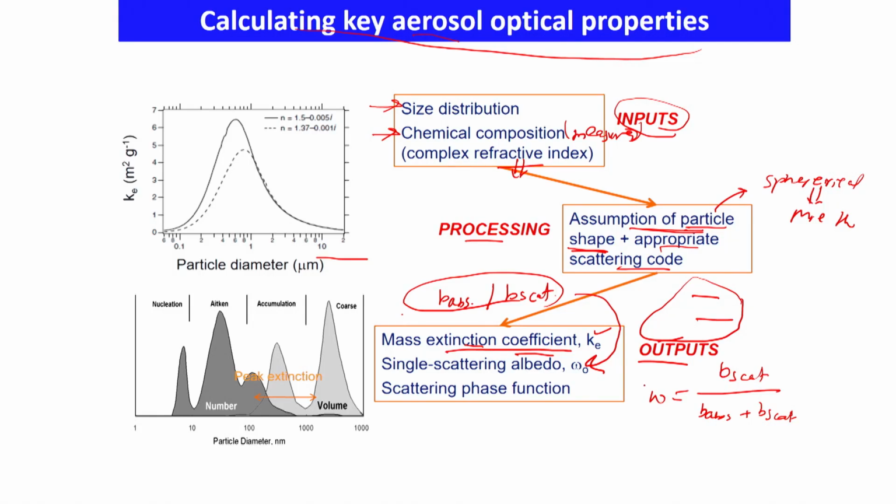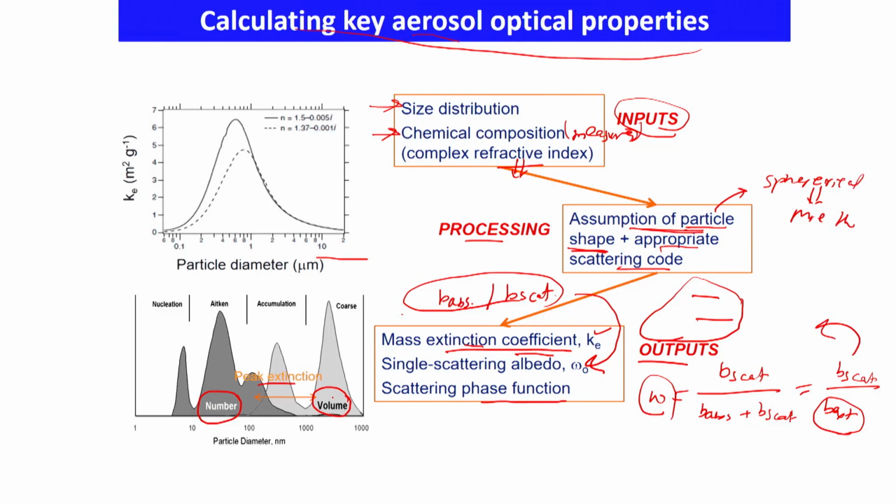So, if you have, for example, calculated this, and this is nothing but B scattering divided by B extinction. So, B extinction you have calculated, and somehow if you can calculate B scattering as well, you will be able to calculate single scattering albedo. There is another very important parameter called the scattering phase function, that you have to include, and this is kind of peak extinction you have to see, you have to give by number as well